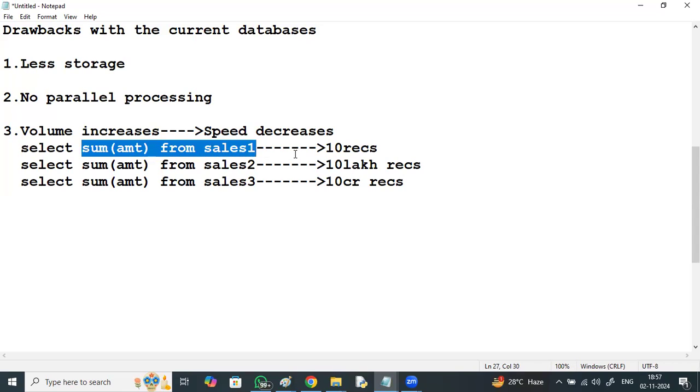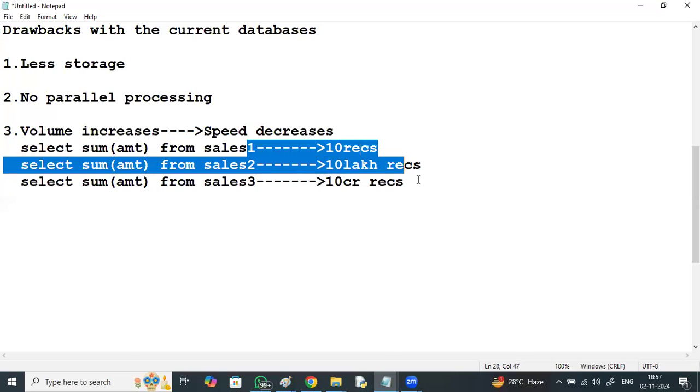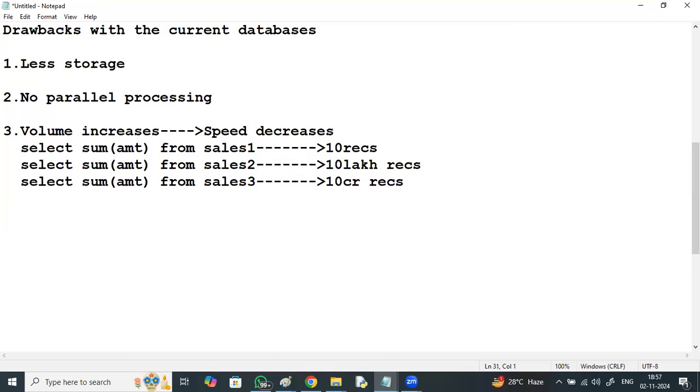So as the volume increases from query to query, speed decreases. Even if complexity increases, speed decreases, I'm saying.